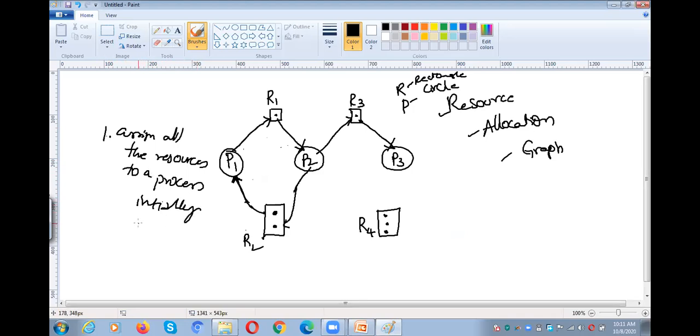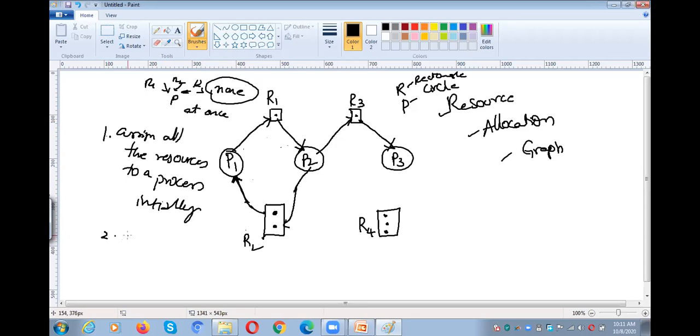At the starting of the execution only, we need to allocate all the required resources. For example, if a process requires R1, R2, R3, we need to assign all three to the process at once if they are available, or we should not assign any of the individual resources: either three or none. That is the first one.